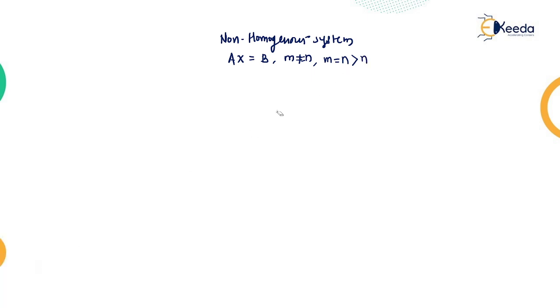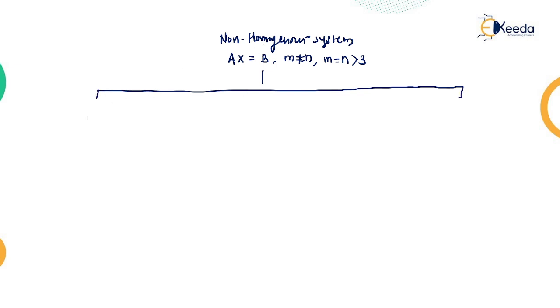Suppose m = n is greater than 3. You observe this very clearly. If this is a given system, then whether it has a solution or not is decided by using consistency or inconsistency. So this is a system of linear equations. We define here whether it is consistent or not, meaning it is inconsistent.